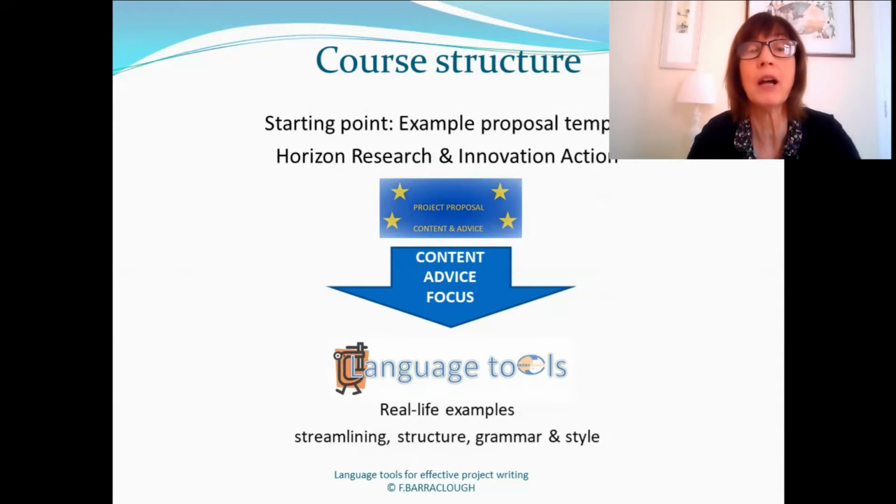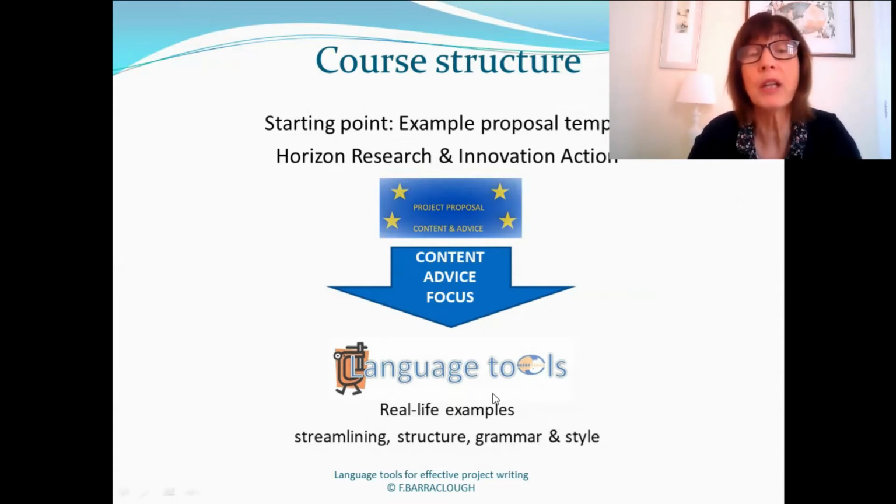We are using a Horizon Research and Innovation Action template for this course. That doesn't mean that this course is only limited to that kind of proposal. You will be learning a lot of language tools that you will be able to apply to many different ambits of academic writing. So we start off by looking at the content and advice and focus of each section briefly,